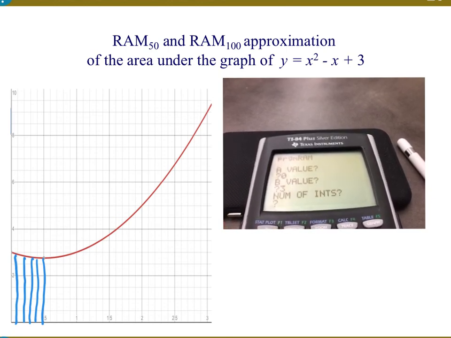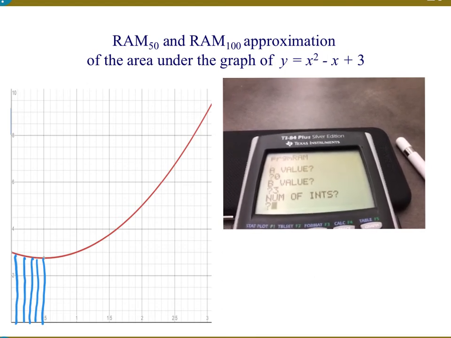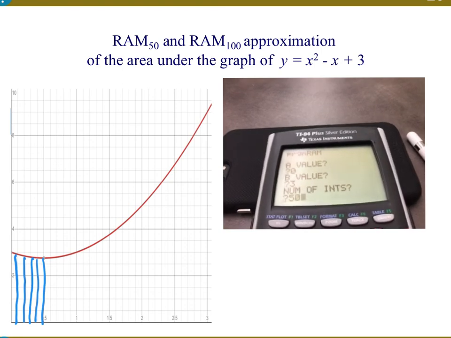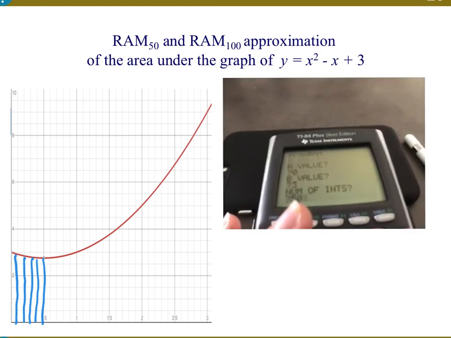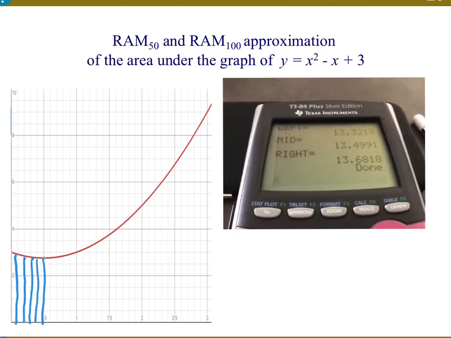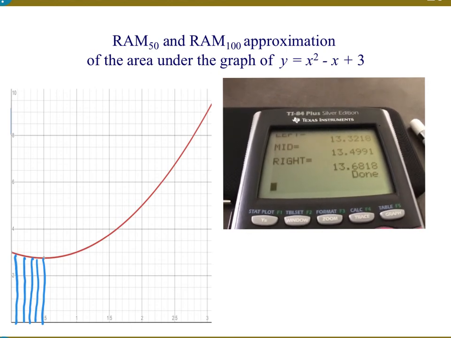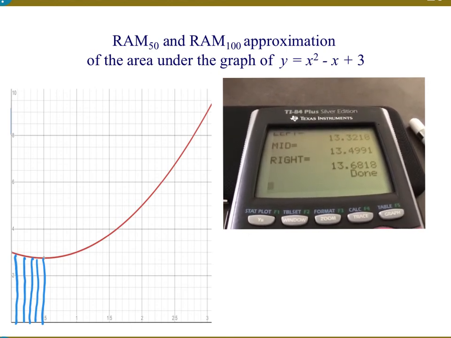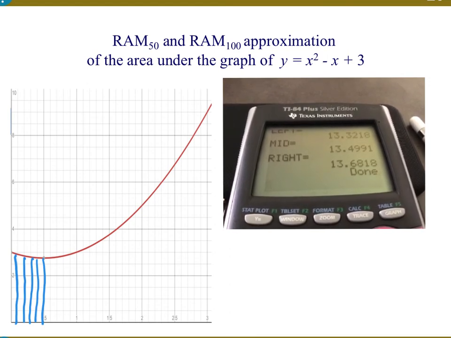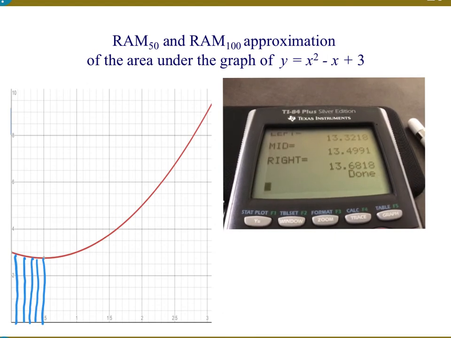And the number of intervals, that's how many rectangles we want to do. Well, I'd like to start with 50 as the number of intervals. So I'm going to put in 50 and hit enter, and I'm going to watch the calculator spin its wheels. And boom, it gives me a left value and a mid value and a right value based on 50 rectangles. So 3.3218, 13.4991 for mid, and